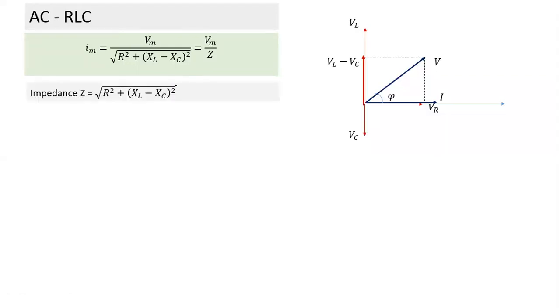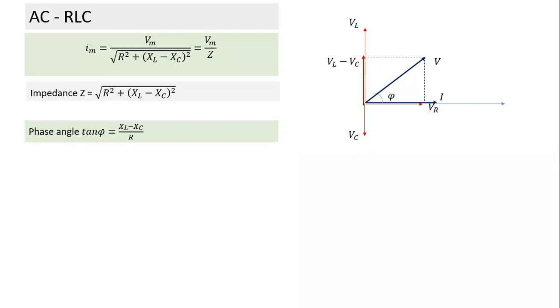This is the impedance here, with XL minus XC. And you notice here, if XL is equal to XC, it may become 0 also. We will see what that implies. Okay, what is the phase angle, tan phi? What is the phase angle between which two terms here? You recall, what does this phi indicate here?